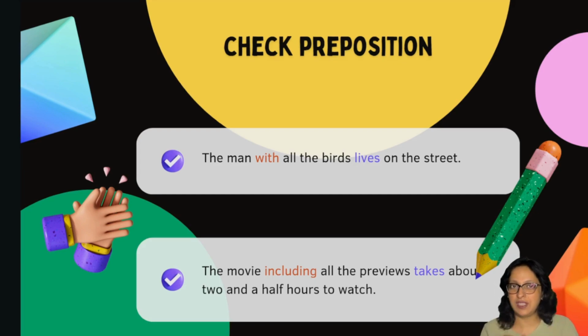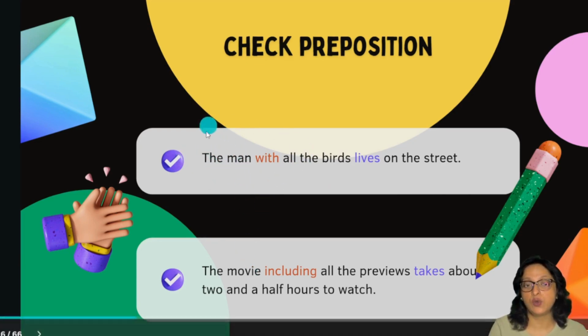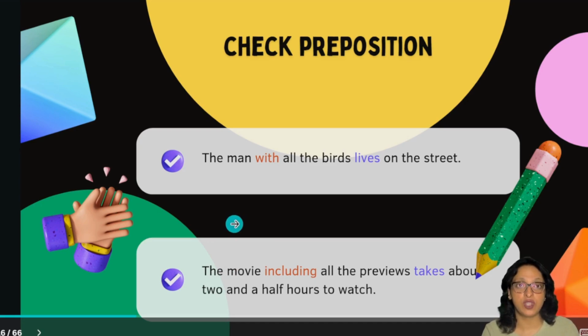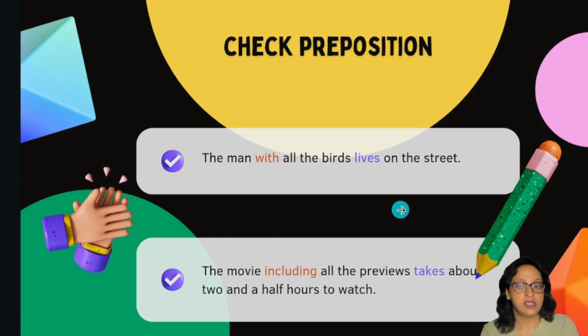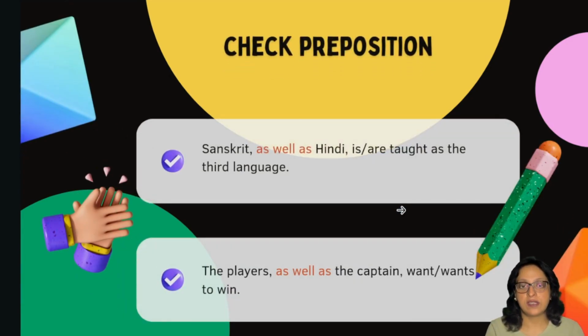Okay, so in both the sentences, the subject is the noun which we are using before the prepositions with and including. Anything after the prepositions is treated as extra information. So don't get confused. Another very important thing. Now, in these two sentences, the main subjects are singular. Therefore, we have taken singular verbs. But suppose in these two sentences,